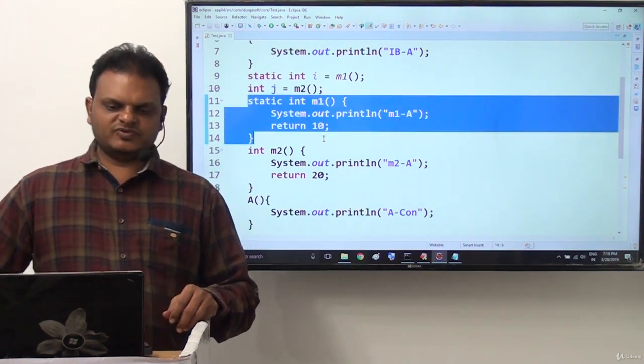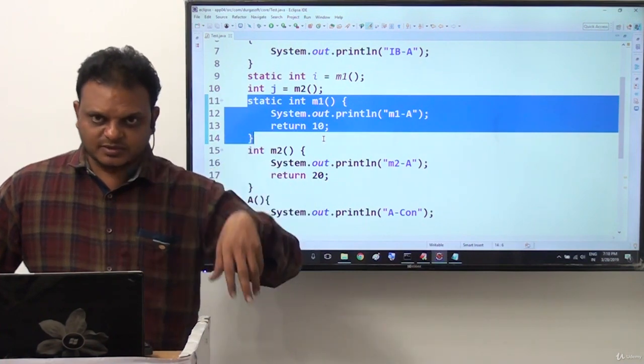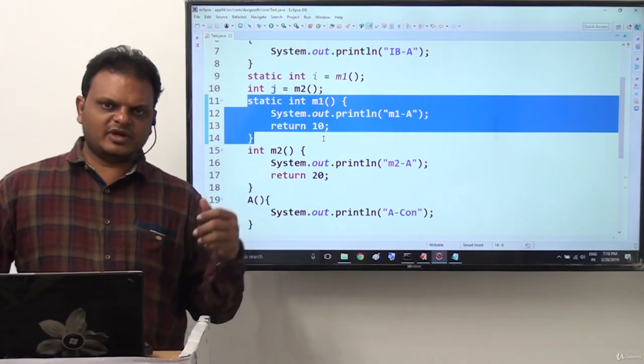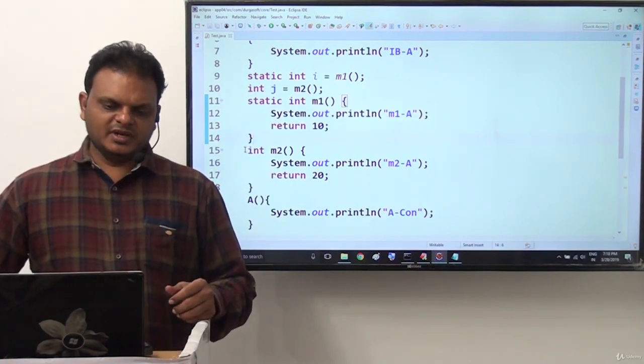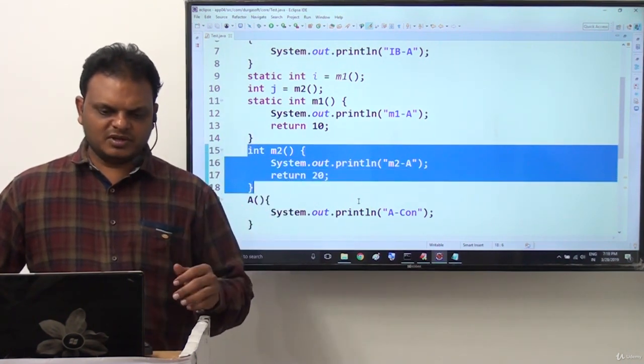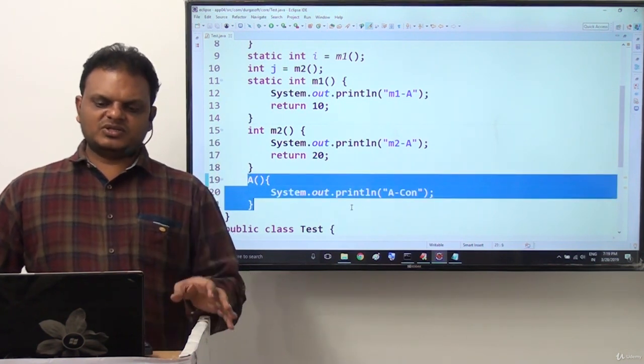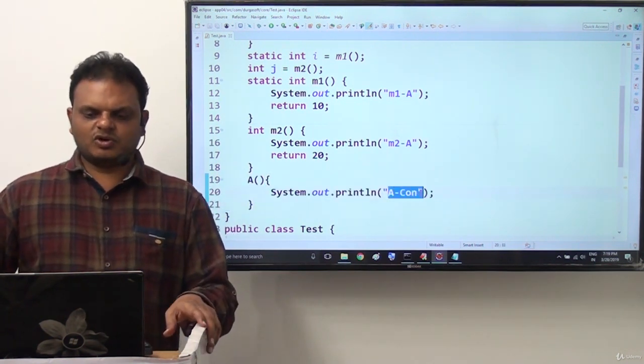It's okay. Then after completion of this instance variable recognition and initialization, the JVM will search for which one? The next element is a static method. Even a static method is eligible but requires a method call. But here we do not have any method call. Just leave it. Next one is the instance method. The instance method is also eligible but requires a method call. Leave it now. So finally we come to which one? The constructor. Now finally the constructor will be executed.